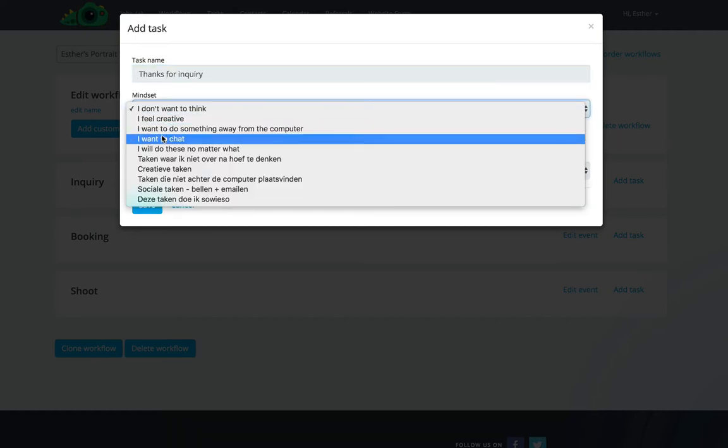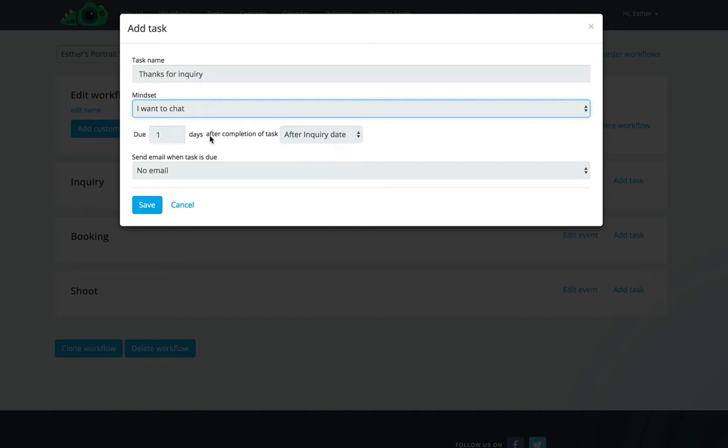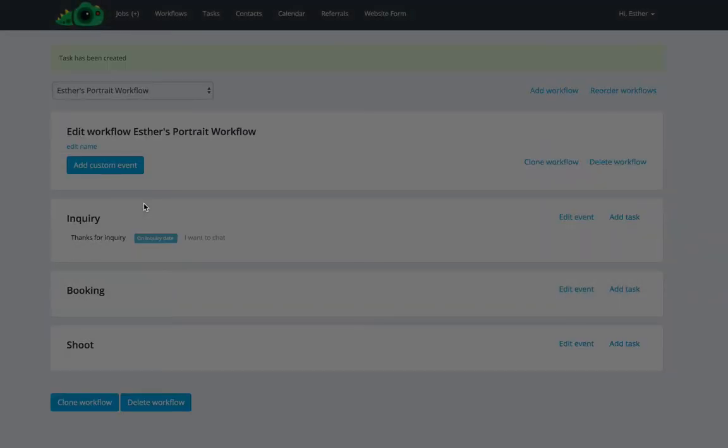Now, thanks for the inquiry is basically an email that I'm going to send out straight after they have inquired with me. And I usually call them, but if I can't reach them, I will send out this email. And even if I can reach out, I will use this email and change it a bit around to make it a confirmation of our call. After that,